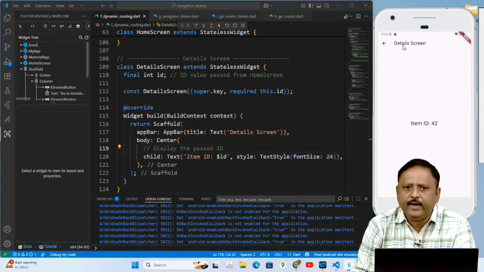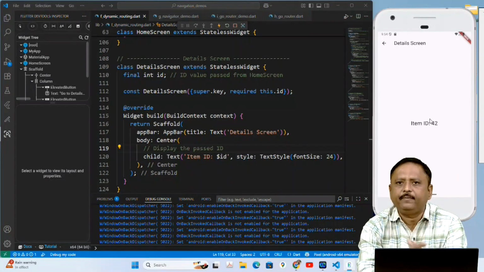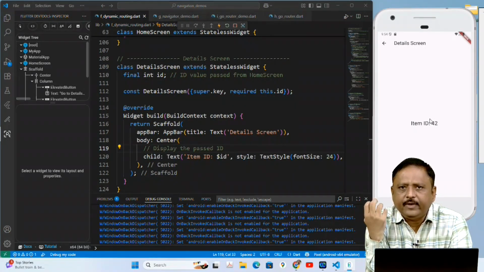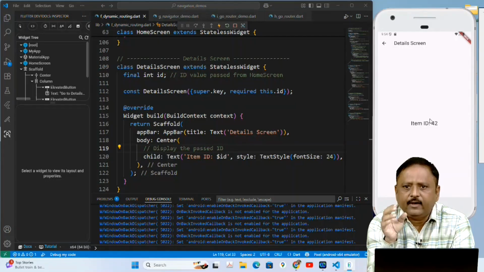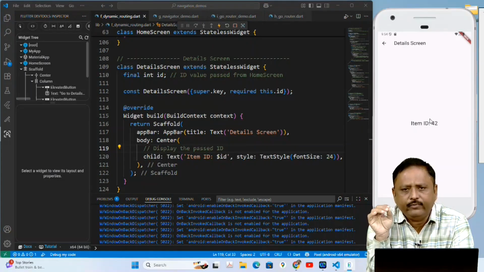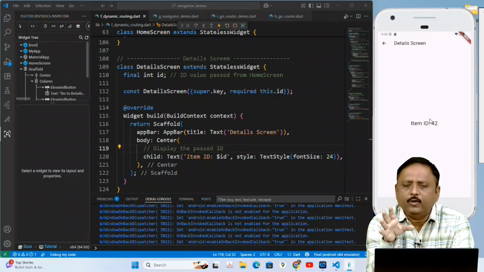So this is a detail screen, and inside body I just want to display whatever we have received inside our constructor. So inside body I define Center to display text in the center of the screen, and the text is Item ID and whatever value we have received inside id. So here I define Item ID colon and the value of that id, and its font size is 24 that you can see on the screen.